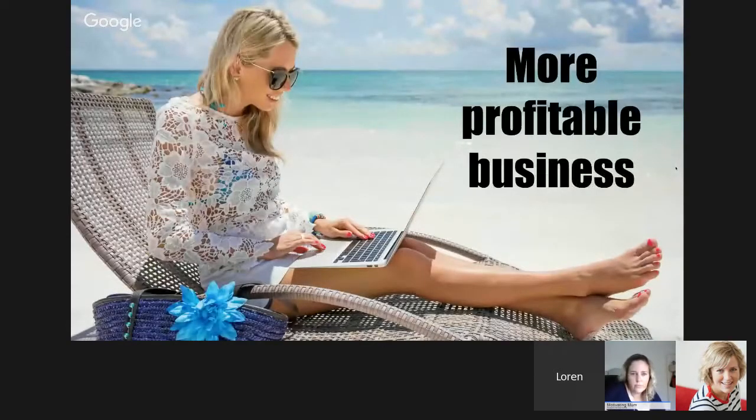And then, of course, off the back of all this, because we're getting more leads and sales and we know that when we put this much money in, this is what's going to come out, we're going to have a more profitable business. And I'm not promising you that you're going to be able to move to the Bahamas and sit on your deck chair and life's pretty. But if you can put these things on autopilot and the leads and the sales are coming in for your business, you'll be able to focus on those things that are more important to your business or your life.